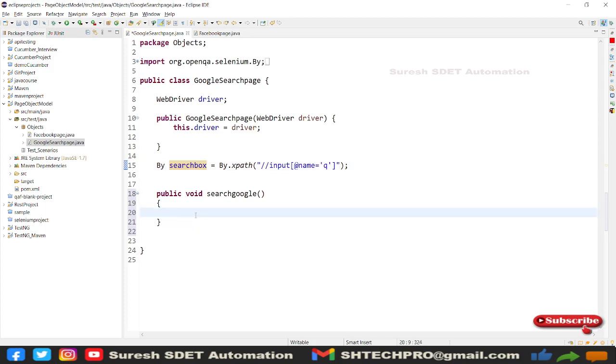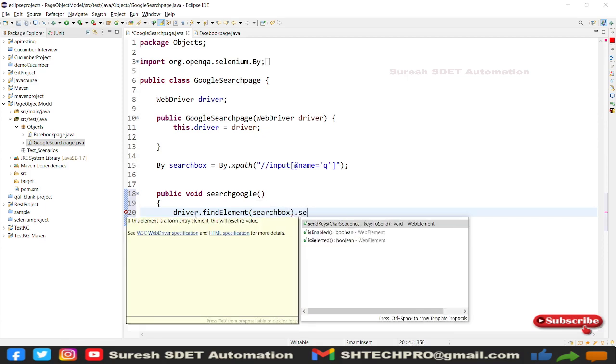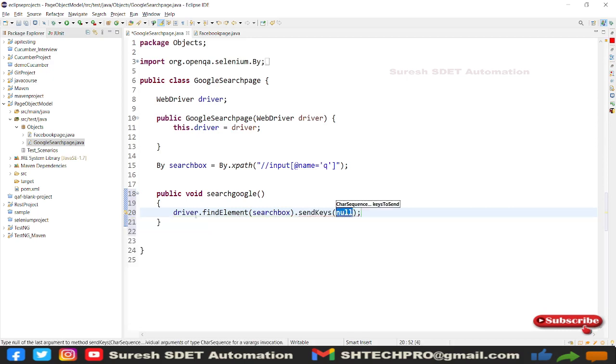So for that, driver dot findElement, and here I already used By.xpath, so I don't need to call By.xpath again. I will simply call searchBox dot, I need to send something. What I need to send is a value, which is mixed characters or string characters or string and numbers. You can send both at a time.